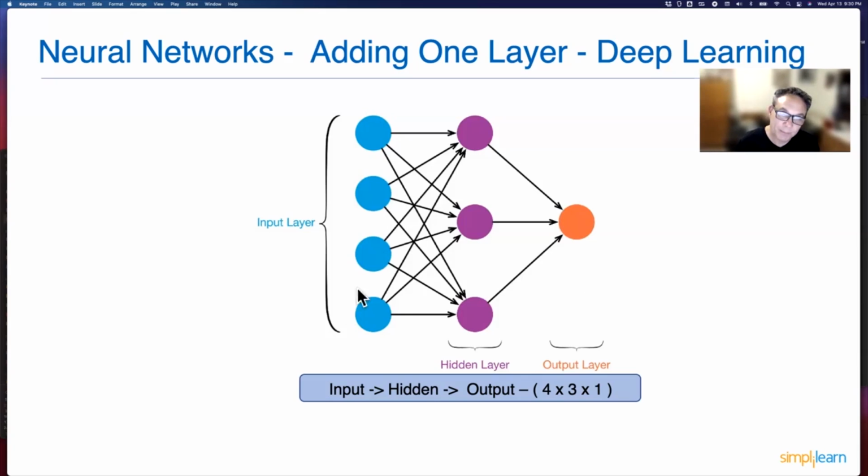We still have 4 inputs, but now we have 3 more neurons plus the 1 output neuron. So this is 4 neurons. Basic 4 neuron, 2-layer neural network. And once you go to this level, you've gone from a basic 1-layer neural network to deep learning. That's all deep learning means, is more than 1 layer. And what this means is you can represent a much more complex